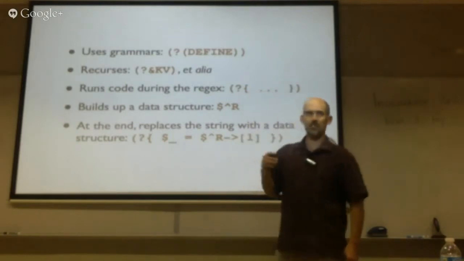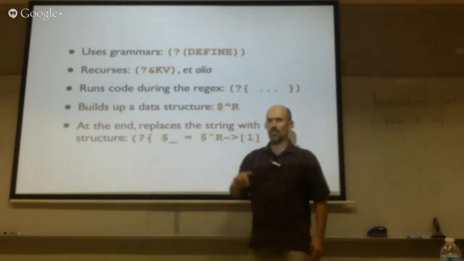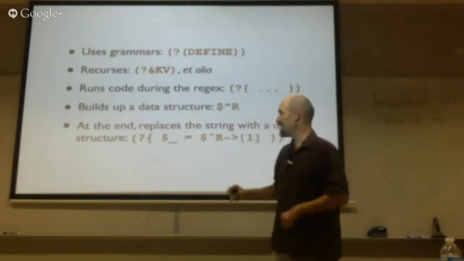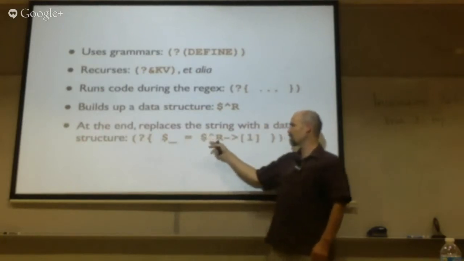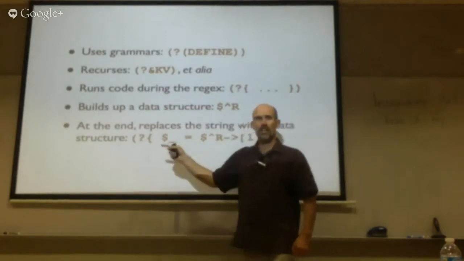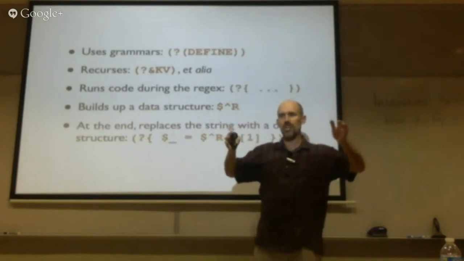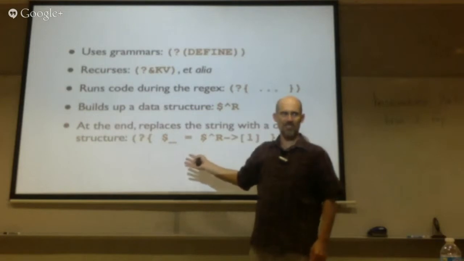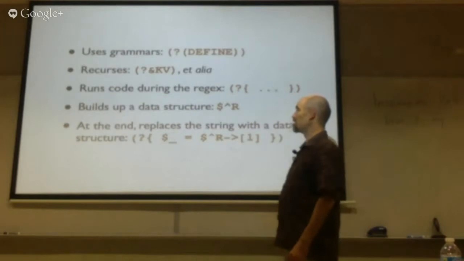And then at the end, this is really cool. In these single curly brace structures, $_ is the target string. So at the end, when he finishes off this regex, he takes whatever he has in this particular anonymous array reference in $$R and assigns it to $_, meaning after you do the match, the thing that you have in your string that you bound to is now the data structure. That's wicked cool. I don't know if anyone would want to expect that or maintain that, but that's really interesting.